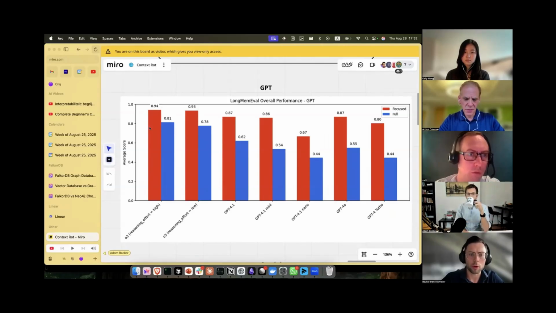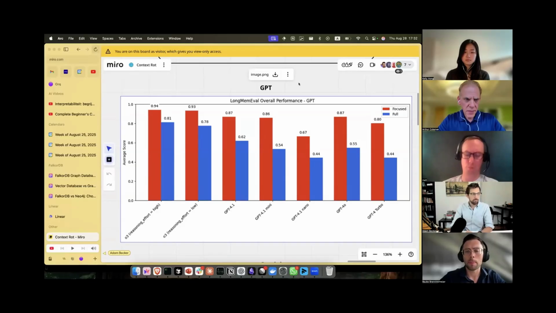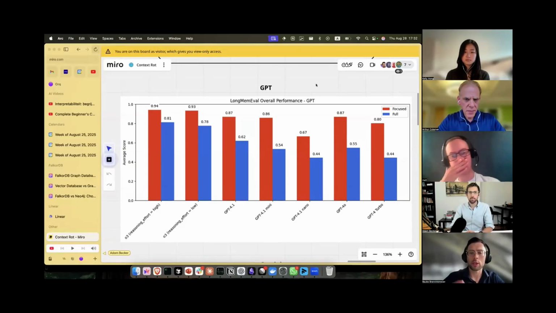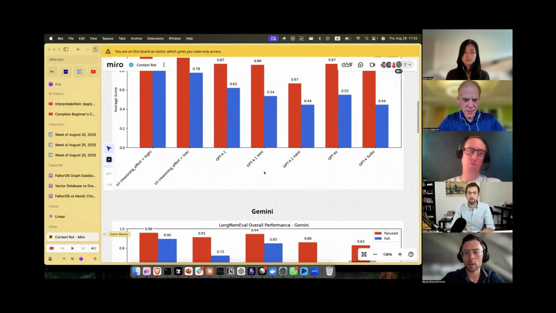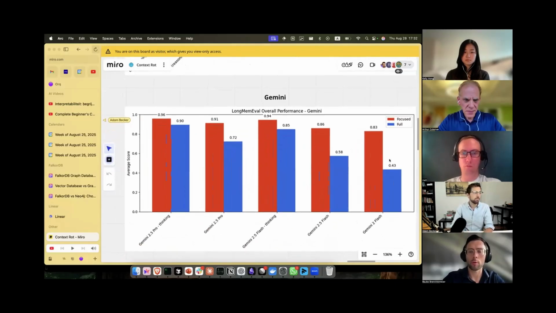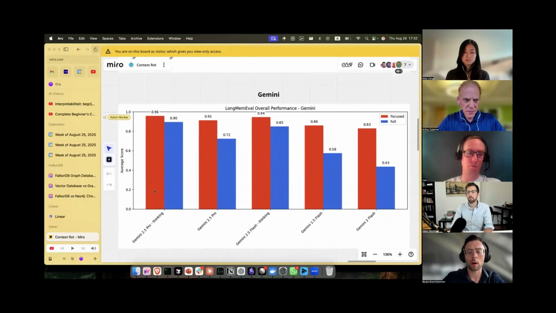The more intelligent models like O3 perform really well in both, almost matching the focused context situation. But if we look at older or smaller models, we see a significant decrease in performance. For 4.0, for example, it's almost 30%. Overall it's holding up well, but you can see the impact of the full context very clearly. If we move on to Gemini, we see a fairly similar story. Smaller models drop off more. On the focused context, all of them work pretty well.